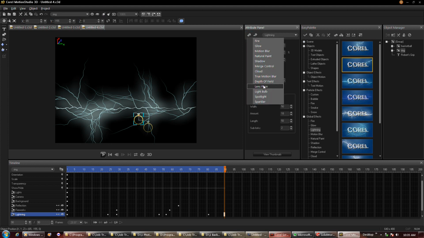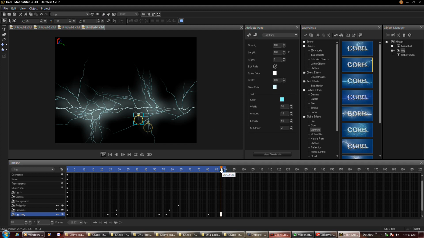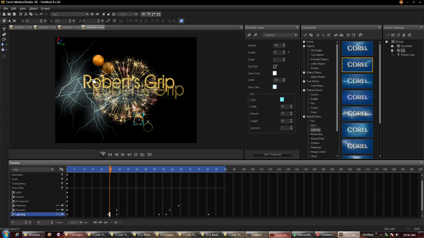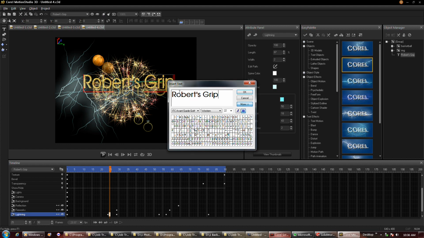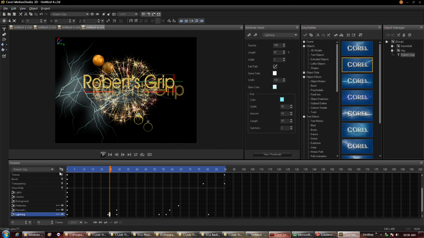So you've got a selection of different plugins that apply to various objects. But since those are pre-made objects, again, you've got limited